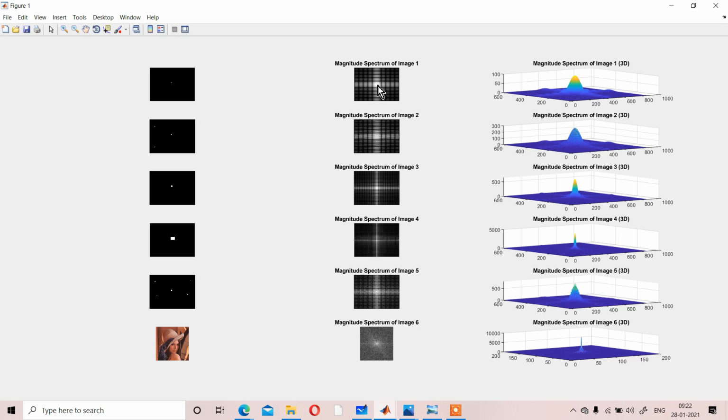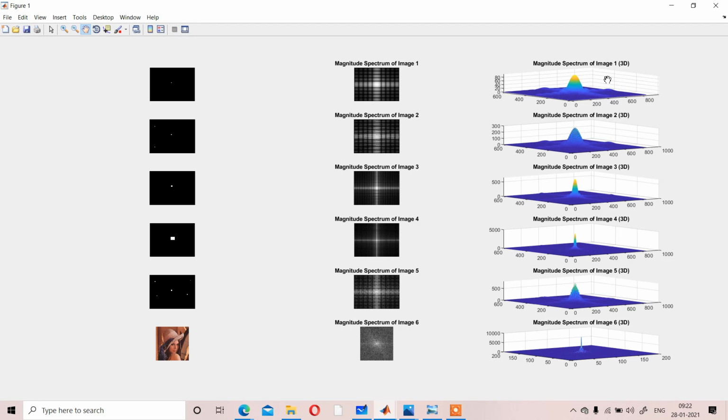In the middle you can see the bright spot, that is simply the magnitude or the DC component, defined by the mod of some values, and that magnitude spectrum is defined in a 3D format here. Here you can see the maximum peak defines your magnitude, and the others are the frequencies.